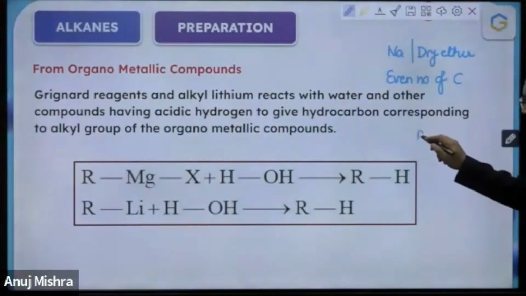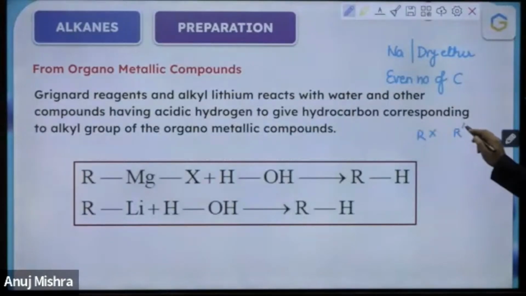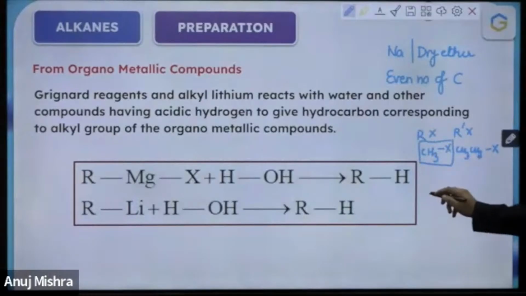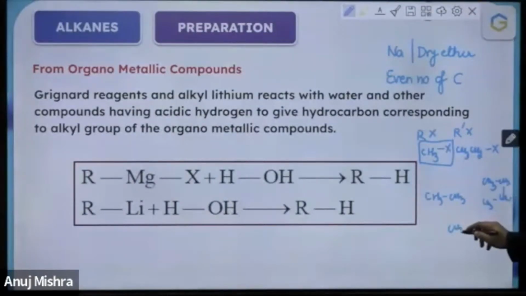So let's say you have RX and some R prime X. एक आपके पास CH3 है. Let's say other is CH3 CH2. So the problem here is this can combine with another unit of itself, can form CH3 CH3. This can also combine with another unit of itself, can form CH3 CH2 CH2 CH3. They both can combine and can become CH3 CH2 CH3. These are all three options. अब सोचो आप